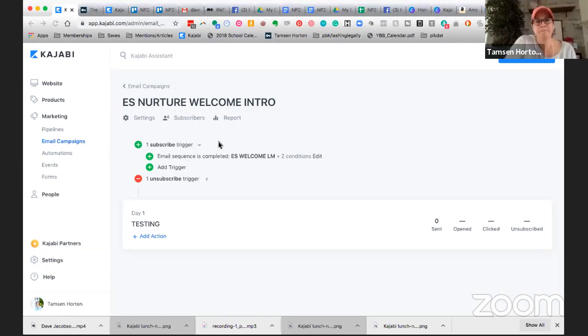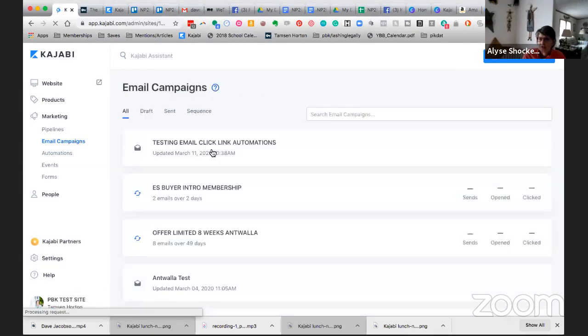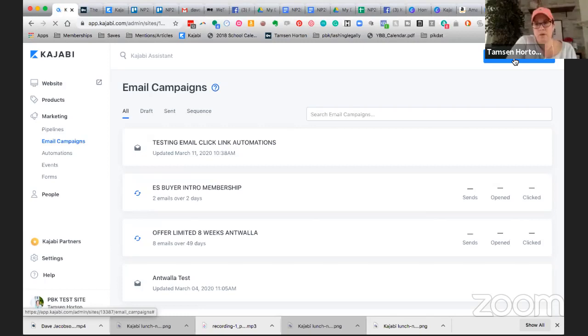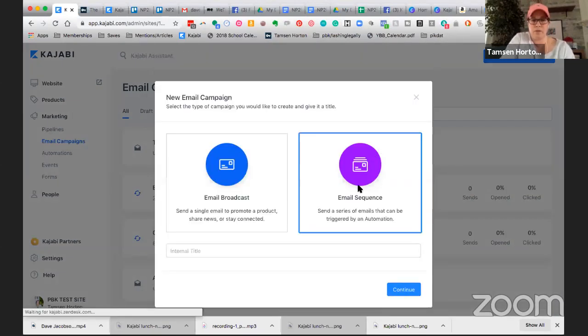And then I'm not getting that pop-up in email campaigns. I'm under email campaign. I clicked on the, let's see, I'll click on the nurture one. All right, let's see if I can recreate what you're doing. So if I make a new email sequence,